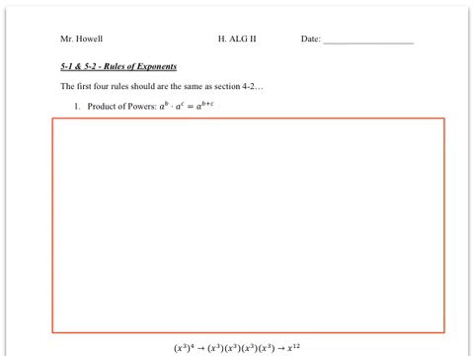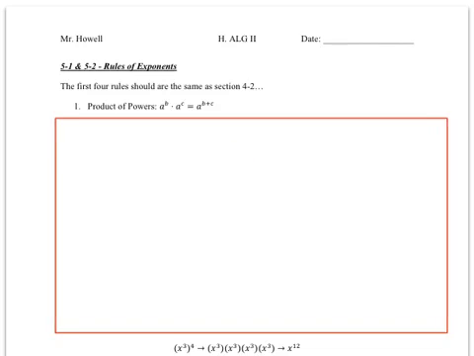First one is the product of powers, where when you multiply two things with the same base, you add the exponents. So we see the b plus c together up here. This b plus c right here is the sum of that exponent and that exponent. As an example, we're going to see